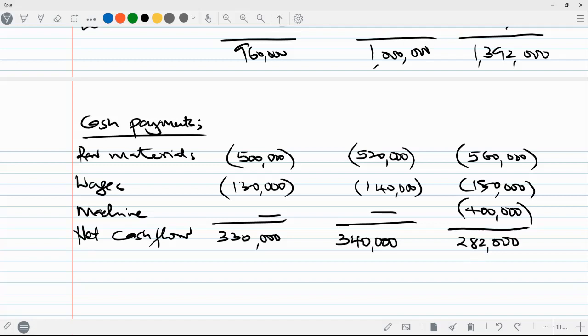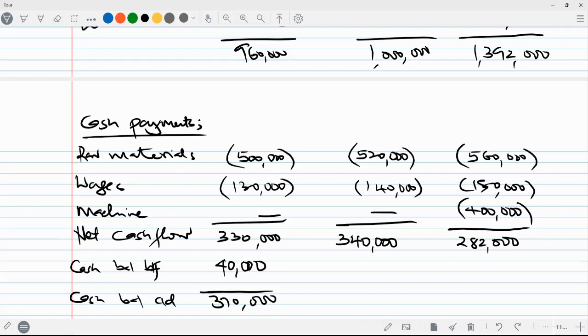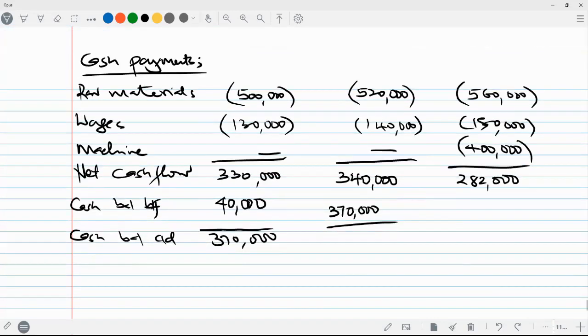Okay, 282. Then cash balance brought forward. Because here in the month of January, we can put the 40,000 now here. Okay, Daisy. Yeah. So 40,000 cash inflow. Then you can have cash balance carried down is equal to 370. This can have the opening balance for the next month. Therefore, 370. And you have 710 here. Opening balance next month, 710. And get 992.